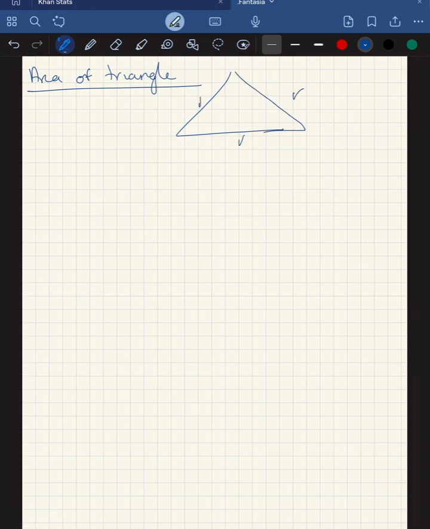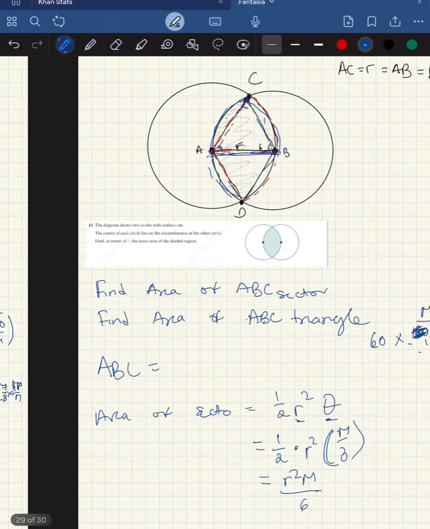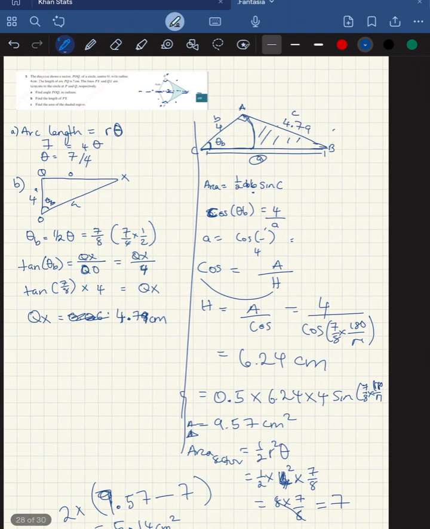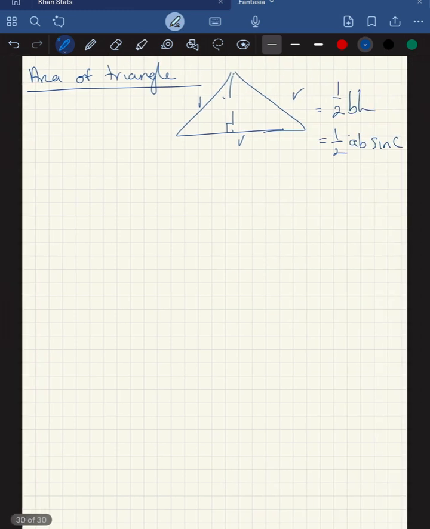This is R, this is R, this is R. And then to find this, we use half base times height, or like before, half ab sine C, from our previous question. And that's going to be equal to